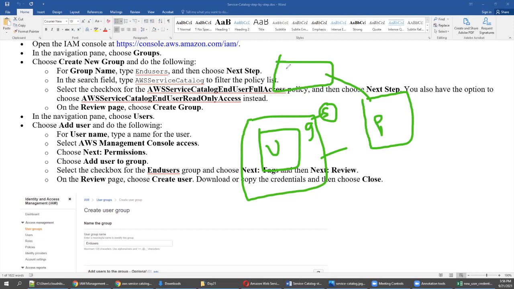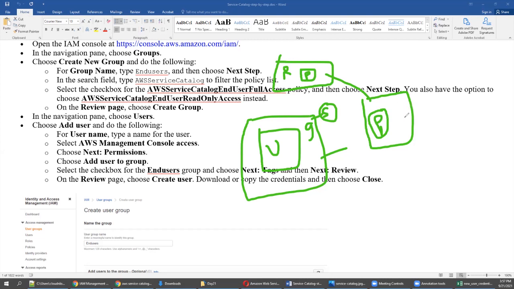What is a permission? Service catalog and EC2 and CloudFormation, everything we can have. So we have attached the role, and in this role we have already associated the policy. So with this portfolio, this user can have the necessary permission. Now we are going to test it.